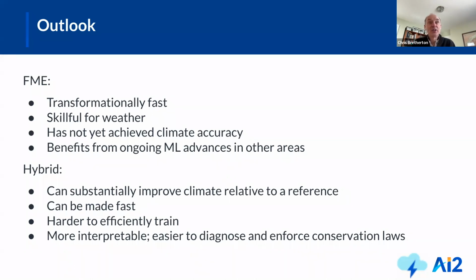The hybrid approach currently works better in terms of climate. It can be made pretty fast. It's harder to train efficiently because of the hybrid nature, but it's a lot more interpretable and therefore easier for climate practitioners to digest. I think the verdict is still out on which of these is actually going to take over